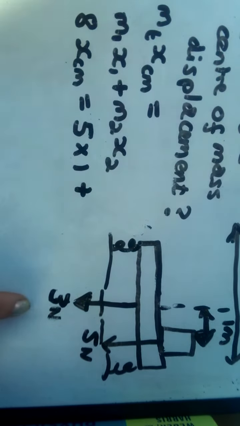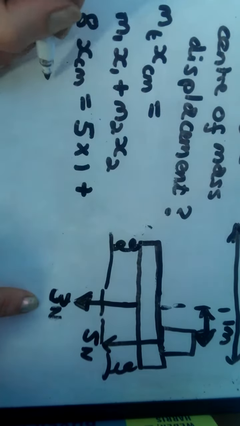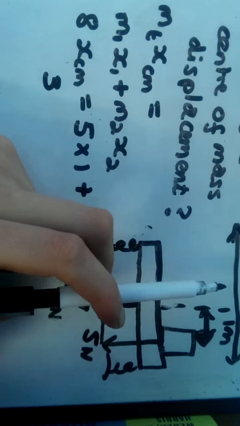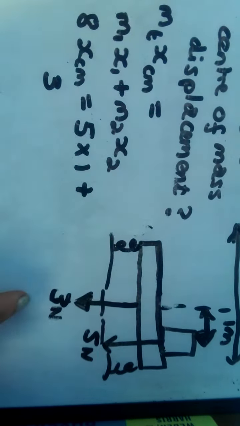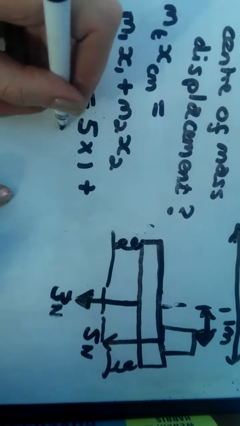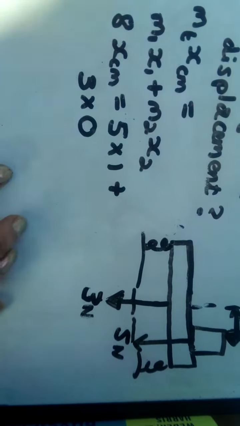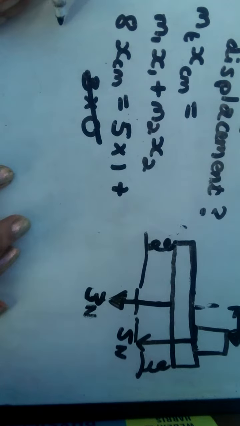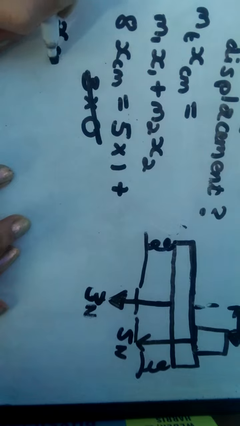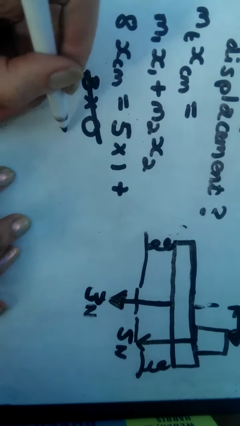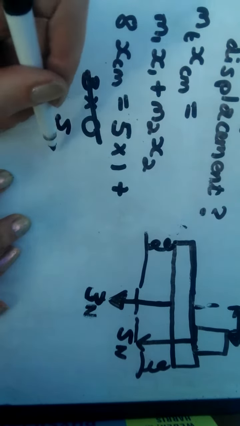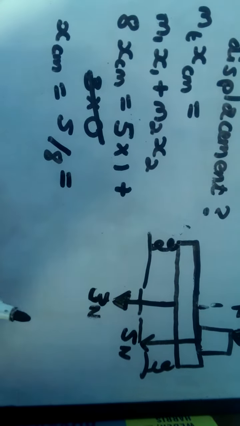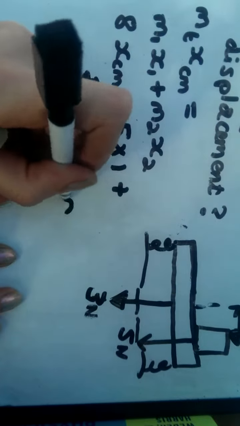And then we have our mass 2, which is 3, and that is going to be times 0, as the mass of the plank is acting at the origin. So here you can see that this term cancels. So I'm solving for xcm, which is going to equal 5 times 1, which is 5, over 8, which is, when you pop that into your calculator,